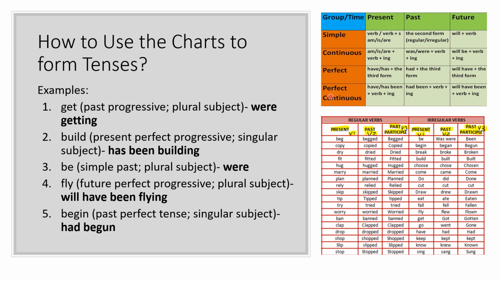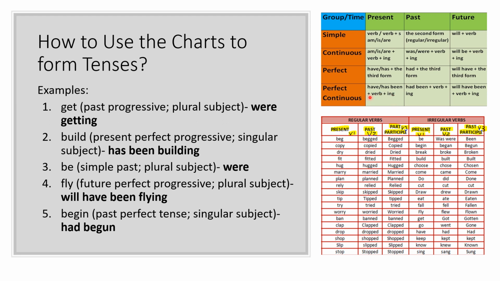So present perfect progressive, this is the formula. The formula doesn't require us to look at either the second or the third form of the verb. So hindi raw kailangan yung second or third form of the verb. So we don't have to look at this chart. We simply need to follow this formula. So we use either have or has plus been plus verb, and since it is a progressive tense, expectedly the verb should end with ing.